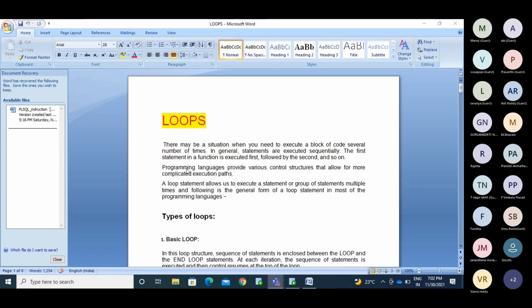Programming languages provide various control structures that allow for more complicated execution paths.